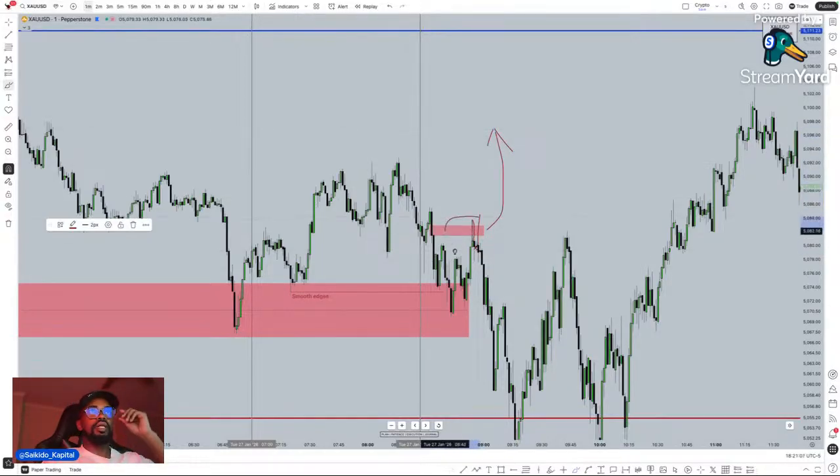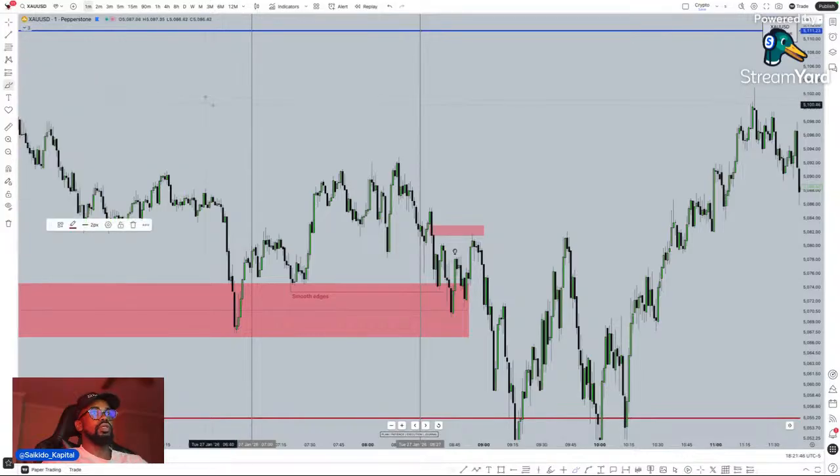So I completely ignored this premium fair value gap because I actually needed price to invalidate this, and then that was going to be a win for sure. But for the fact that we even failed to close inside the fair value gap, I said, nah, guys, it's going to come for us. So I'm just going to leave my stop loss and see, because we have FOMC tomorrow, so it could be playful. And then it was a dump, and we took the first loss, and then I waited for a new confirmation below